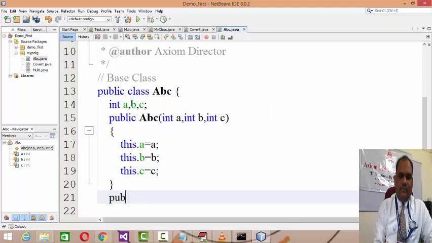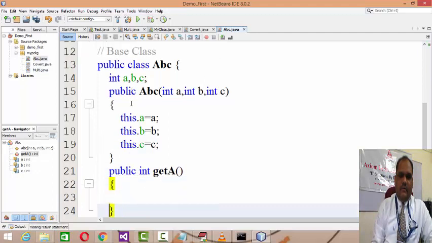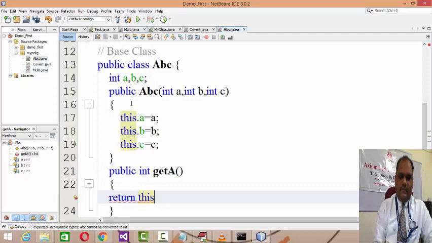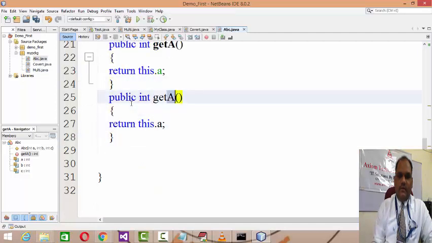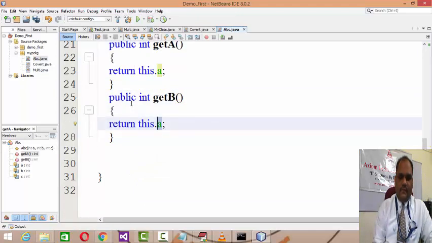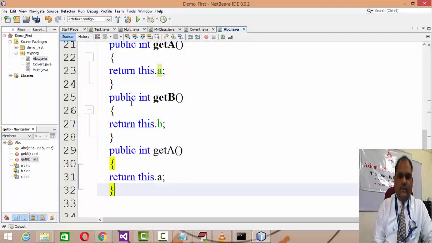And then I'm going to develop a method, public int getA, to return the value of a, and a method to return the value of b, that is getB, and then another method getC, which returns the value of c.